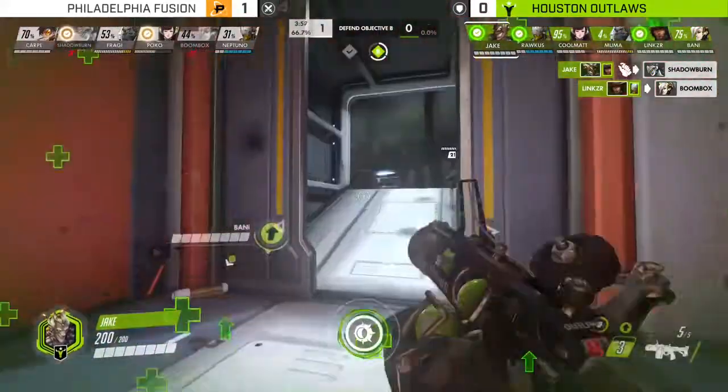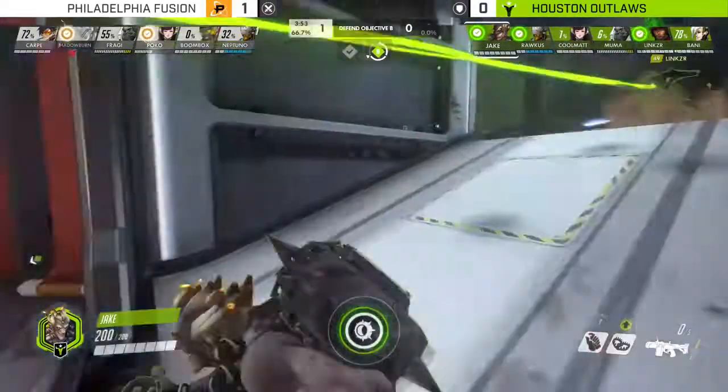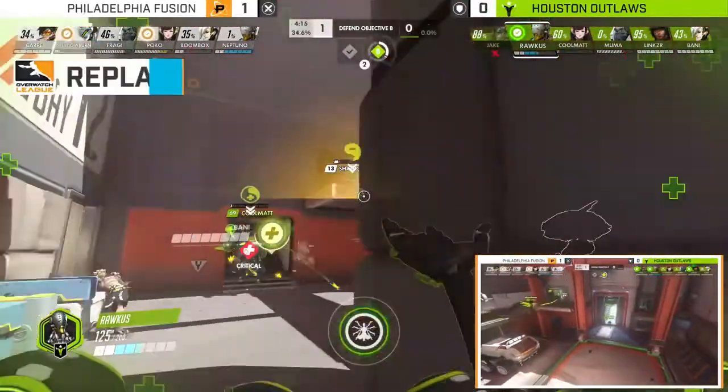Houston will hold on here. They get another Deadeye coming into the next fight. They'll still have Transcendence. You're going to build up a self-destruct and your own Valkyrie. So a lot of ults here for the Houston Outlaws to use. We'll take a look here